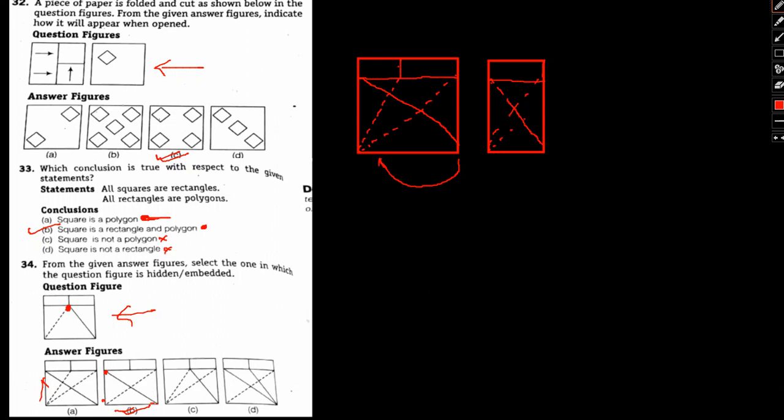With that said, we have come to the end of the video. I hope all the three questions of the figure types we have discussed in this video are clear to you. In case you have any doubts with respect to the way we solve these questions, I suggest you go through the video multiple times so that you can get clear insights on how to go about this kind of question.